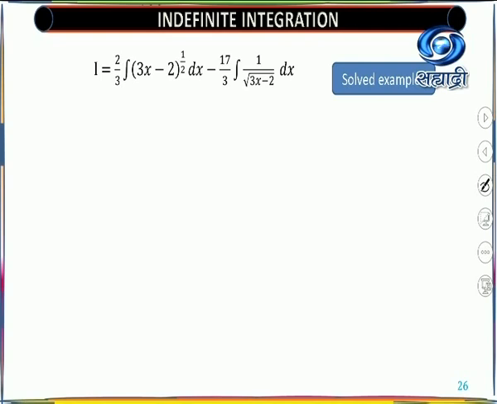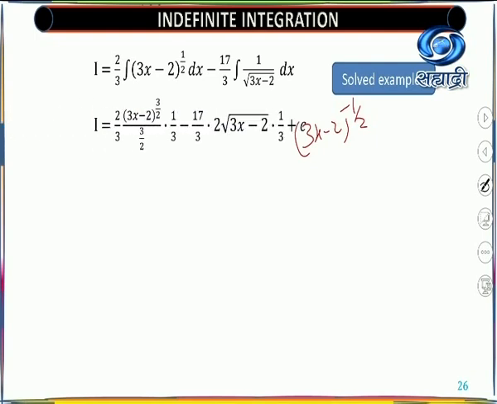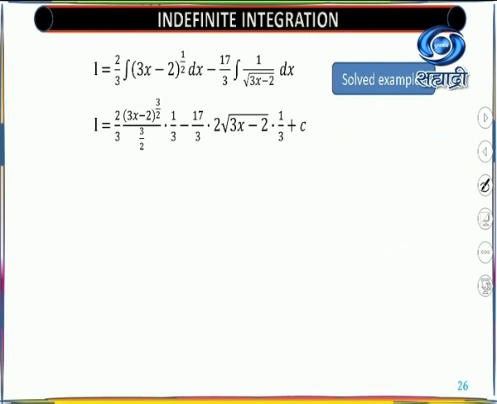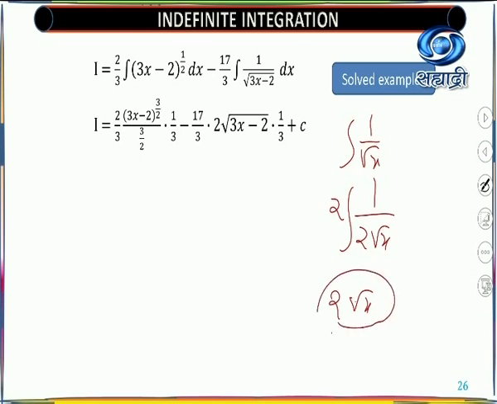Here also you are able to write (3x − 2) raised to minus half. You know that we are using that again and again. So what you will get is your integral. Here also two methods are used. I have used the method where first of all you adjust the 2, which I have already explained in 1 upon root x. There I explained that we are adjusting 2 as 1 upon 2 root x. So you will get this value as root x, and 2 is already there, so you will get 2 root x.